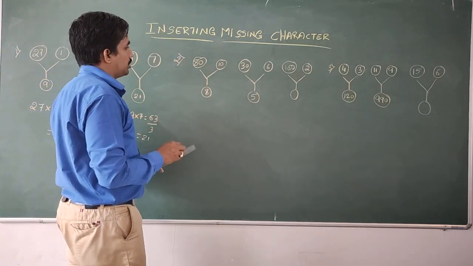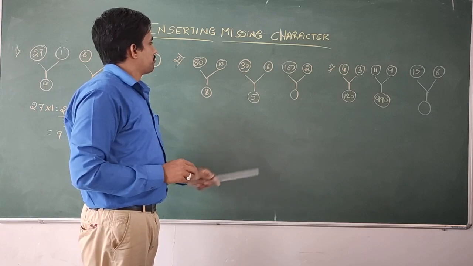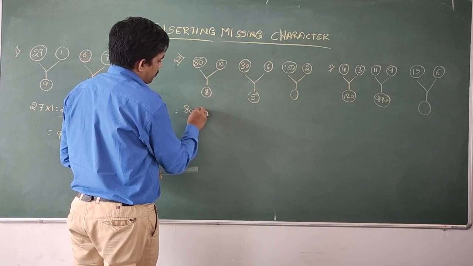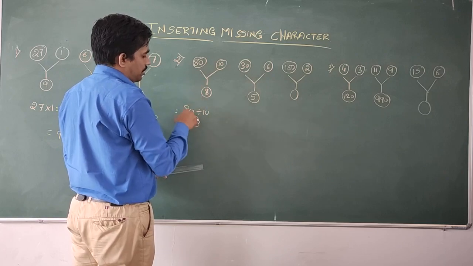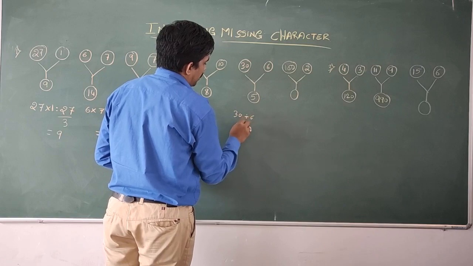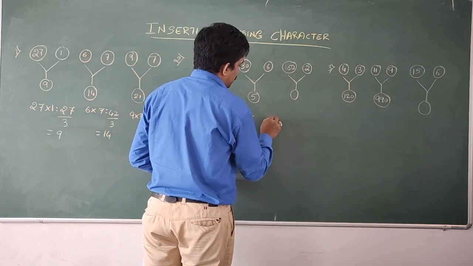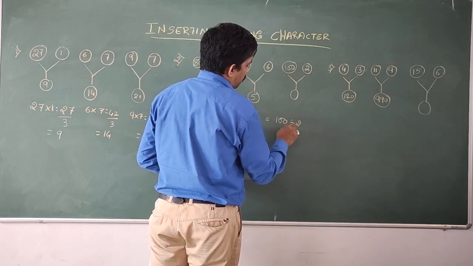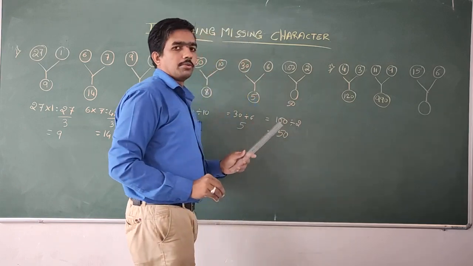Coming to the next question, here also we have to apply some logic and fill this gap. What logic can we apply here? 80 divided by 10 equals 8. 30 divided by 6 is 5. Then in the same logic, we apply 10 divided by 2, which gives 5, and 10 times 5 is 50. So our answer is 50 here.